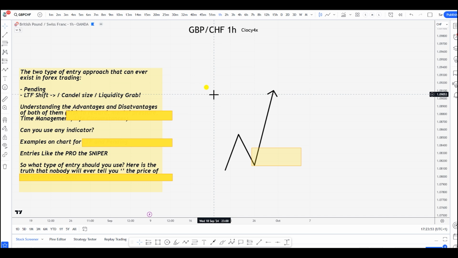Because according to the way you are taking the trade, your pending order and your lower time frame, your whole trading plan is going to change forever. So what do I mean by this? First thing first, if I say pending order, in this case, we can simply say, just staying with this drawing,